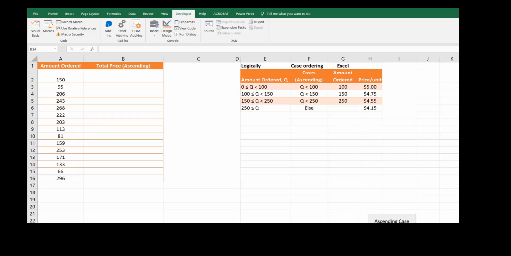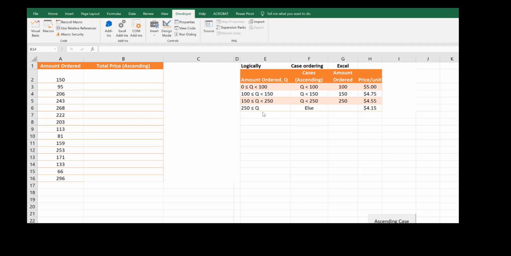Okay, so now I'd like to discuss how to build a nested if statement formula in Excel. I want to start by talking about how we need to set up the information that we need to create the nested if statement. While I have written here in this table how the information was logically provided to us, in terms of the amount ordered, whether Q was less than 100, between 100 but less than 150, greater than or equal to 150 and less than 250, or greater than or equal to 250,